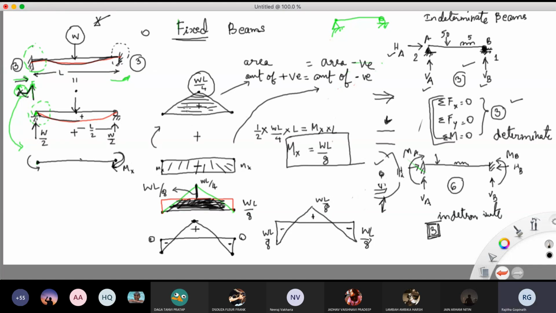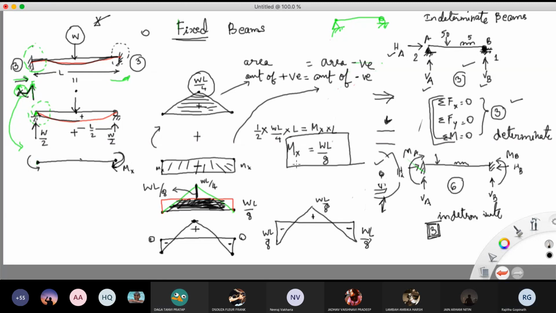by equating the positive moment and the negative moment, right? So एक का shape is triangle, एक का shape is rectangle. Mx is what I'm interested to know, because I don't know how much negative moment it is inducing. So when I equate them, I figure out that the negative moment that is induced is equal to WL by 8. अभी length of the beam तो I know already. Weight, whichever is the design load or whatever I'm going to put on the beam, that is also something that I know. So I can figure out merely by looking at the beam that अच्छा इतना load है और इतना length है, तो उसका negative moment इतना होगा और positive moment इतना होगा. ठीक है?